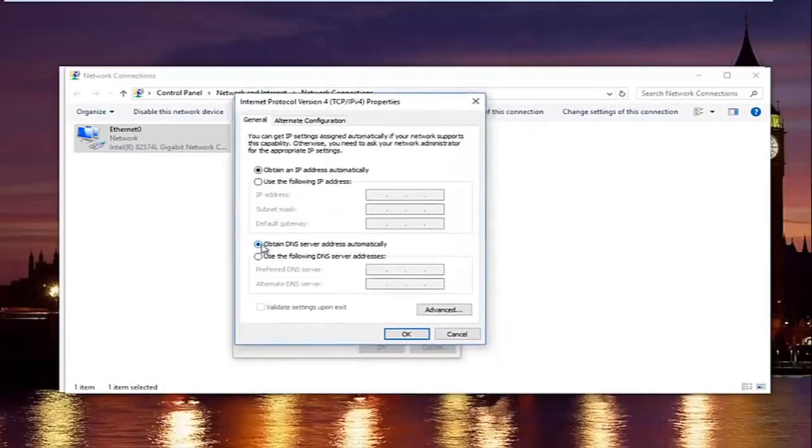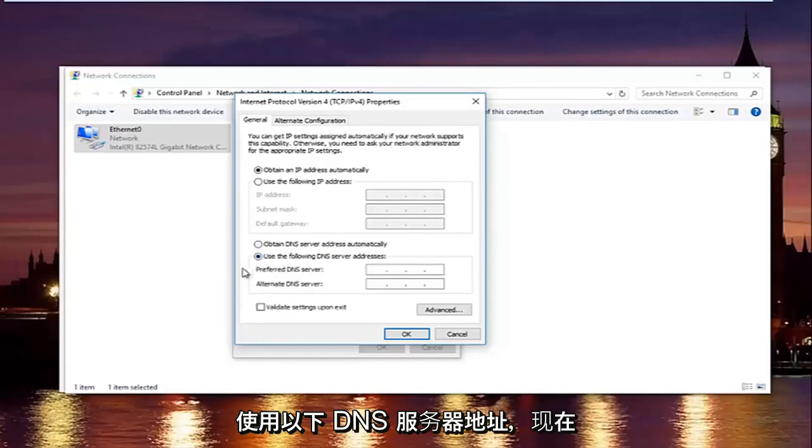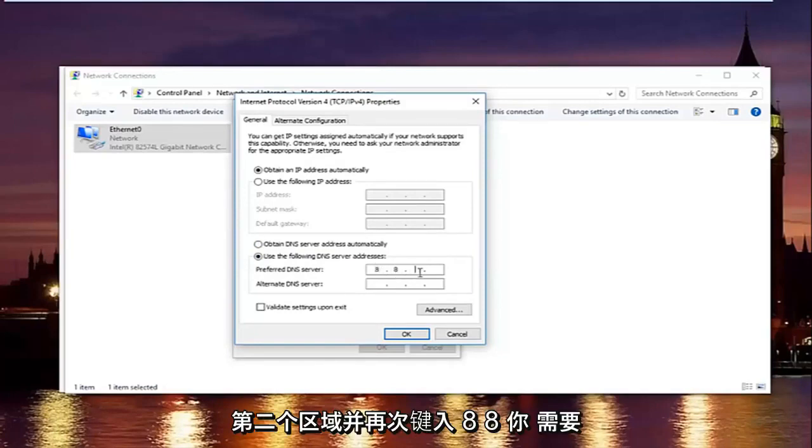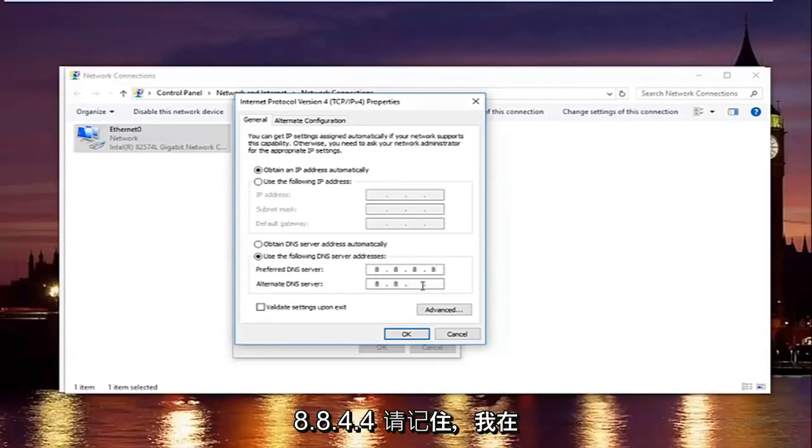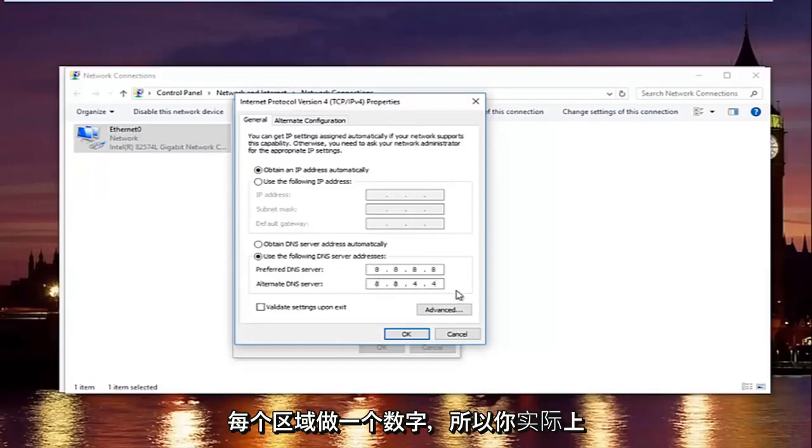Now at the bottom where it says obtain DNS server address automatically, left click on the selection underneath that says use the following DNS server address. Now with the preferred DNS server, type 8, and then using your mouse click into the second area and type 8 again, 8 and 8. Then for the alternate DNS server, type 8.8.4.4. Please keep in mind I'm doing one number per area, so you can actually type up to 3 numbers